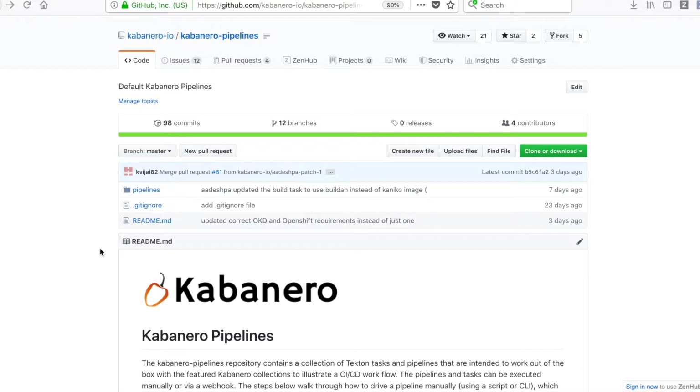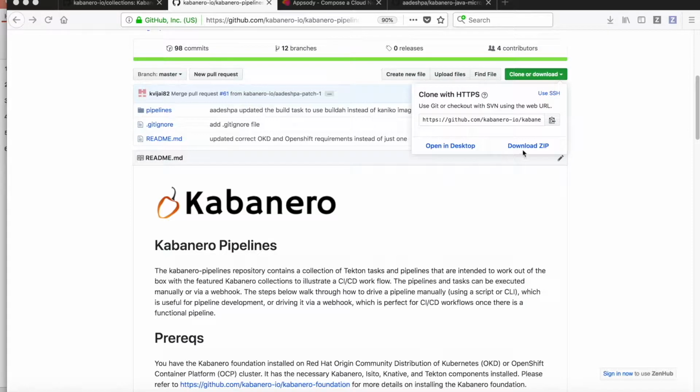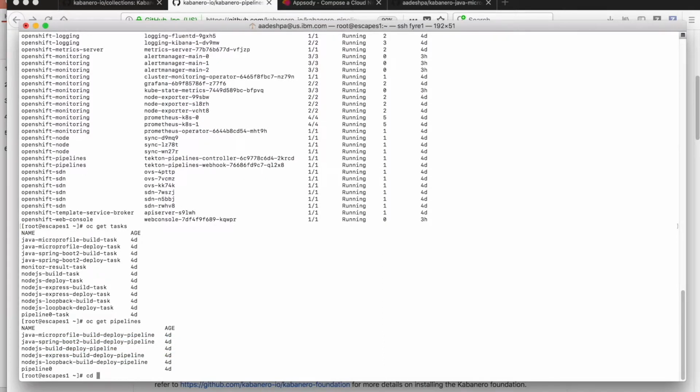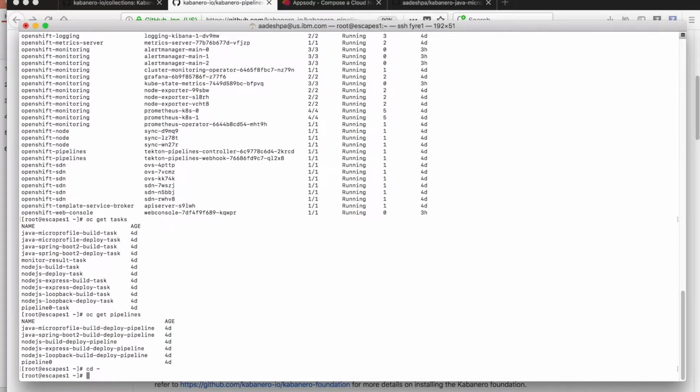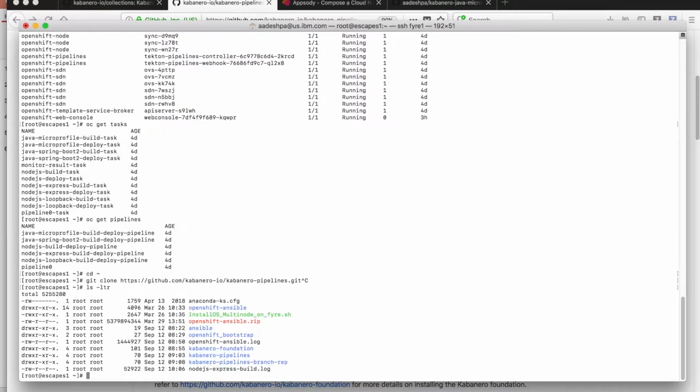Step 1 of the demo is you need to clone this Kabanero-pipelines repository onto your cluster. And you can do that by git space clone space this. I have already run this, so I won't run it again. I will show you the directory which I have already cloned for this demo. I will go inside this folder,